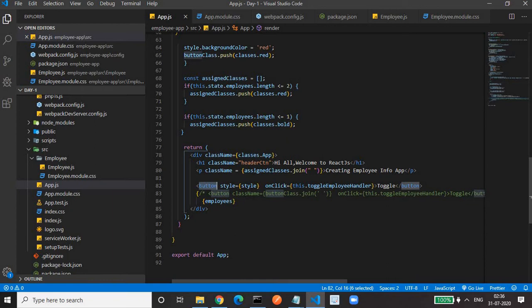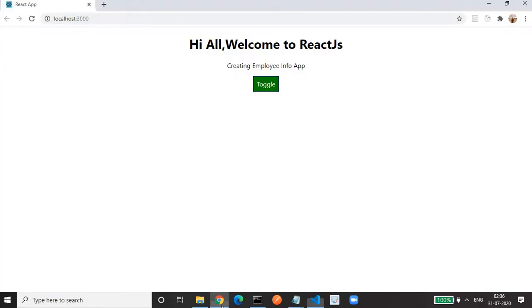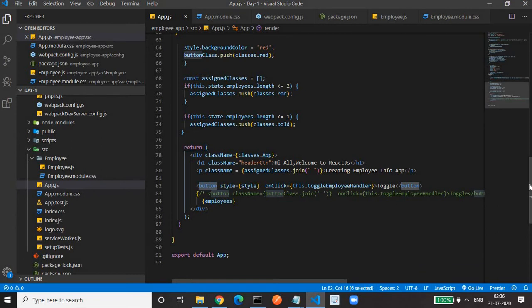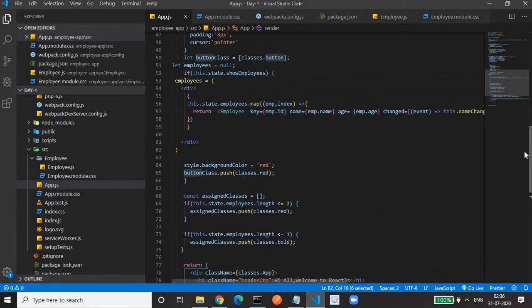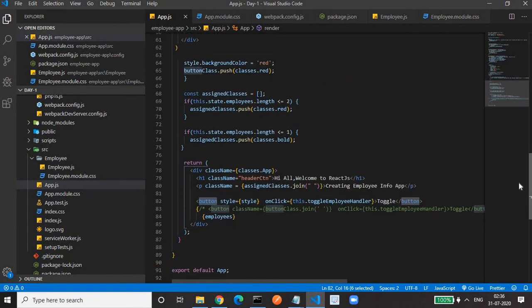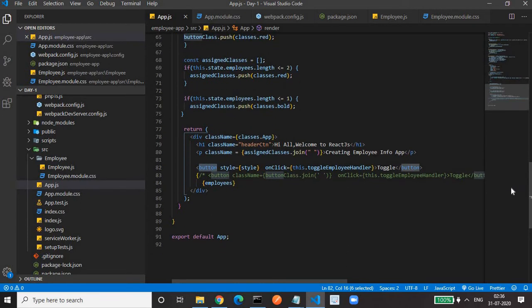Now we can see how we can dynamically change the style. The requirement is that if I click on this button, then this green background color should change to red. How can we do that? As I covered in my day 4 video, on click of this toggle button we call the toggle employee handler.